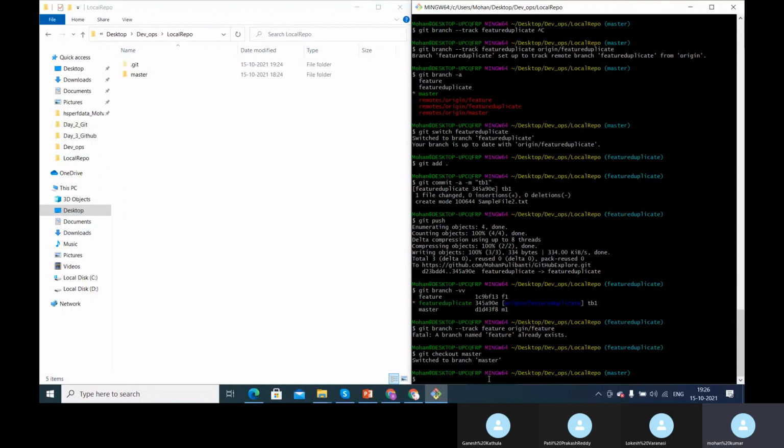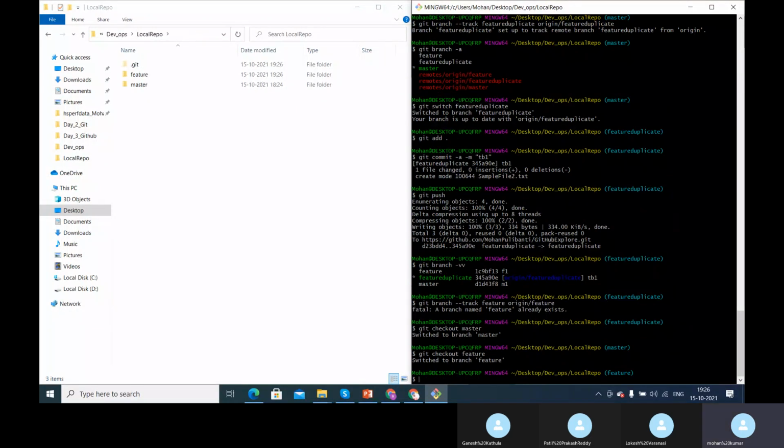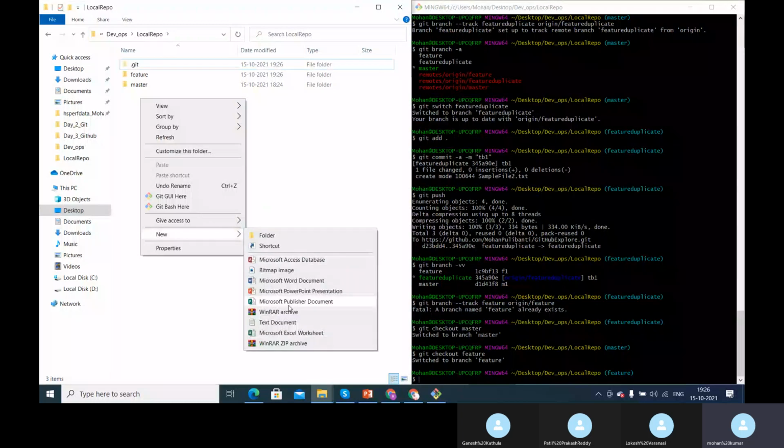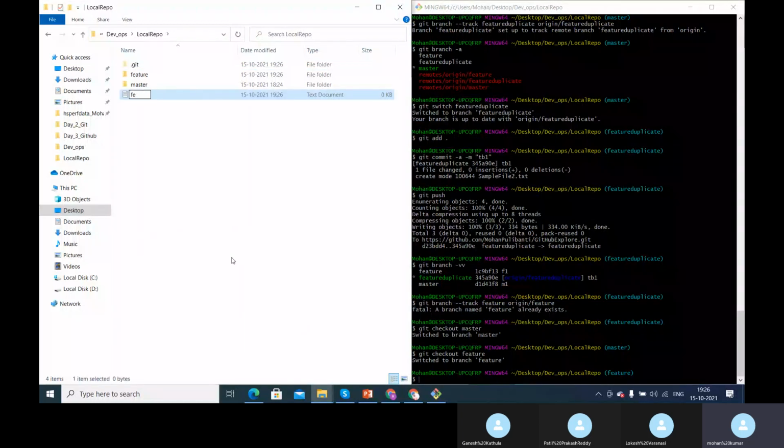I'll switch to the feature branch now. Git checkout feature. Now in the feature branch, let me add a new file and push that. Feature sample is a text file that I created, and now let me push this.